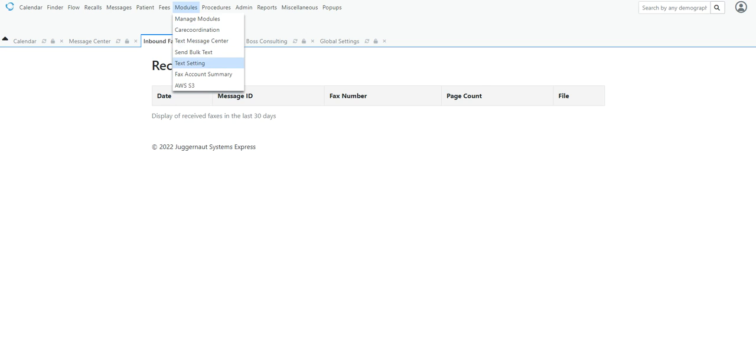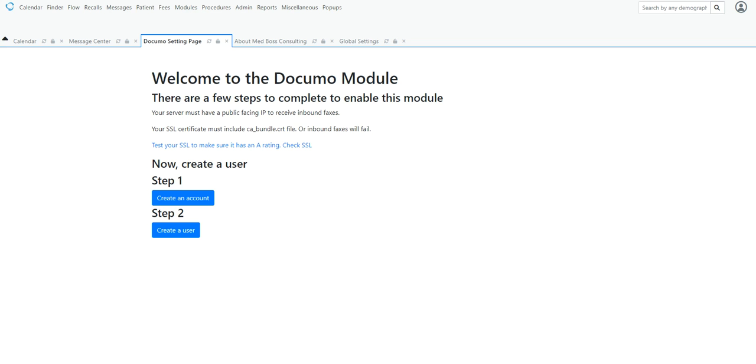One of the things I strongly urge is that you have a valid SSL certificate on your system. If you don't have a valid SSL certificate, Documo will not bring in inbound faxes, because it uses a webhook to receive inbound faxes; it creates a webhook on the back end. So in order to make sure you have a fully functional and correct SSL certificate, please click this link